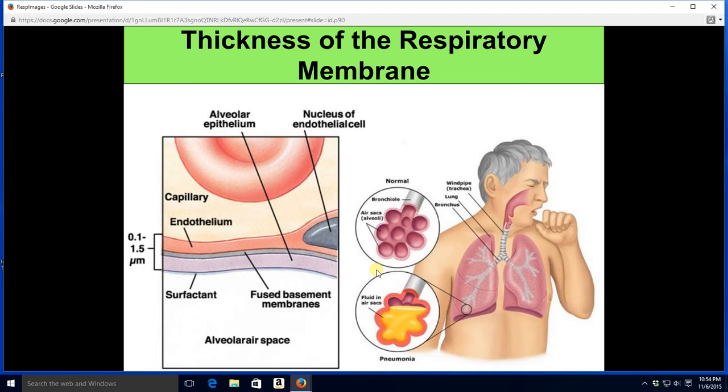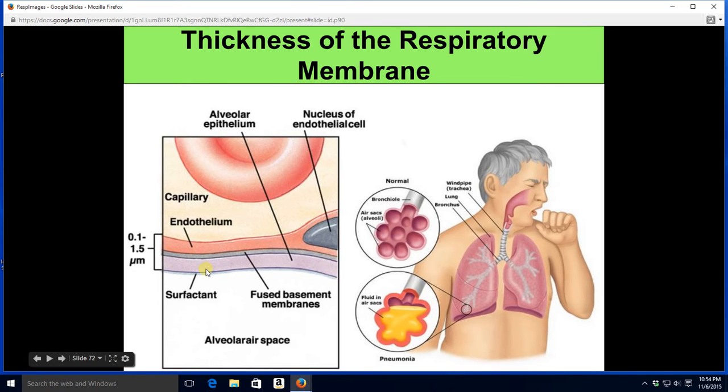Let's get going. Another thing that affects the exchange of gases in the lungs is the thickness of this membrane here. This is the respiratory membrane. This is what oxygen and CO2 have to cross. Oxygen, of course, goes from where it has a high PO2 in the alveolar air space to where there is a low PO2 in the blood. CO2 goes from where there is a higher partial pressure here in the blood to where it's lower in the airspace. And in order for those gases to do that, they've got to go across this respiratory membrane, which consists of